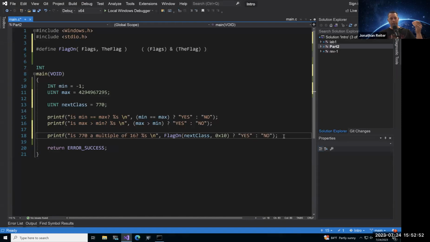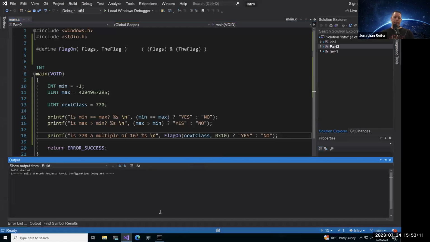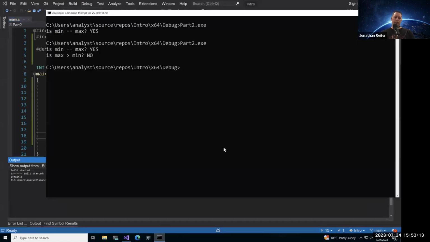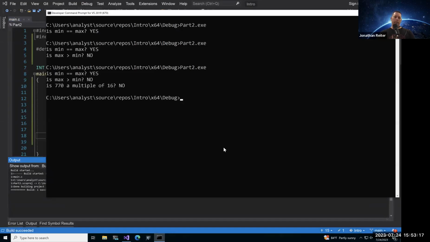So again, to recap what's going on here, this flag on macro, we give it the flag's value, so the value of 770 in this case, and we're testing that against hex 10 or decimal 16. So I'm going to save that, build it, and when I see that's done, build one success, run it.